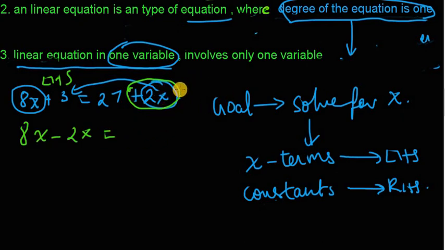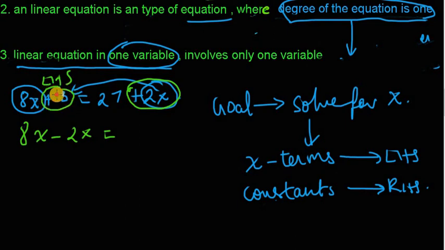So our main goal is nothing but you have to shift the x terms to the left hand side and constants to the right hand side. And when we are shifting, if a variable or constant is plus, then if it is shifted, you have to convert it into the opposite sign. That is, here it is a plus sign, so if you want to shift it there, you have to convert that into a minus sign. Okay, so here it is plus 2x. If that goes there, it becomes minus 2x.